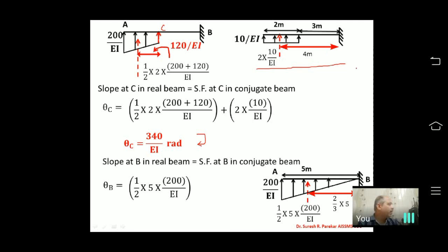So this value I have to take as it is, and then we are going to get this as 520 radians,